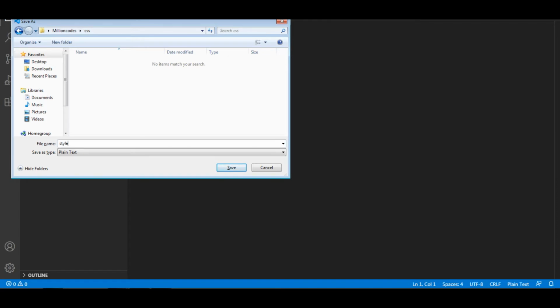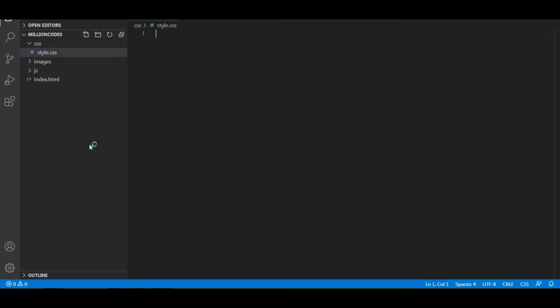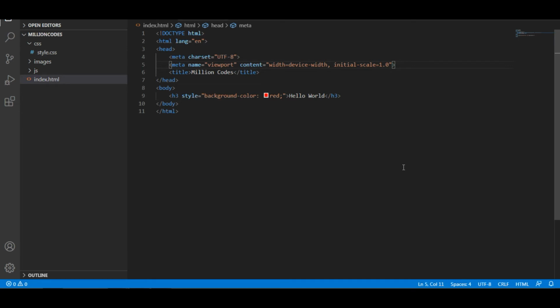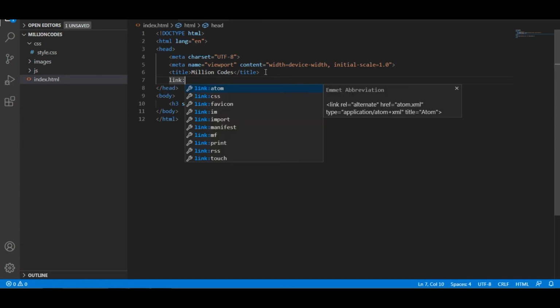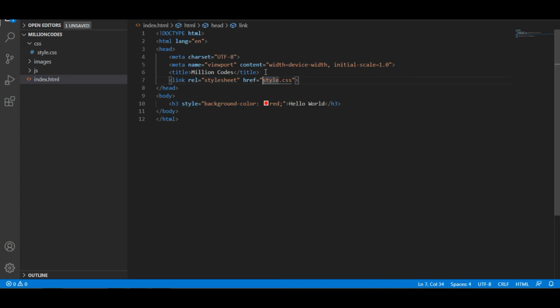So I am going to create style.css. I have created a file here, and we want to link that file. For applications, we have to merge the CSS and the HTML, so the styles applied in the CSS are reflected in our HTML application. For linking, we have to use the link tag in the head tag itself, link CSS. So what we have done here is linked the CSS style sheet to the website.